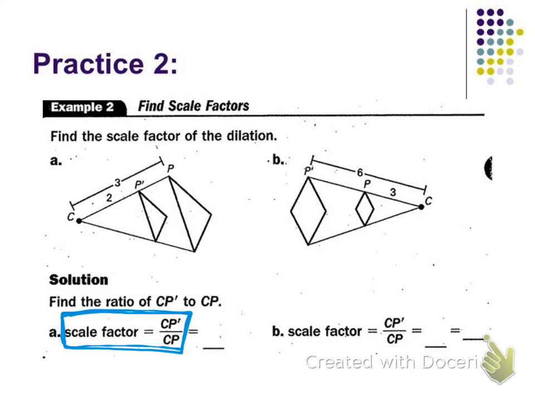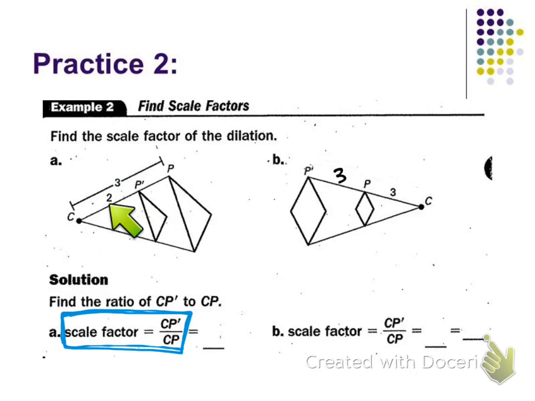And then I'm actually going to change B just a little bit. So these are our practice problems, so you don't need to write them in your notes. You can just sit back and watch, but I do want you to write that the scale factor equals CP prime over CP. Okay, so look at